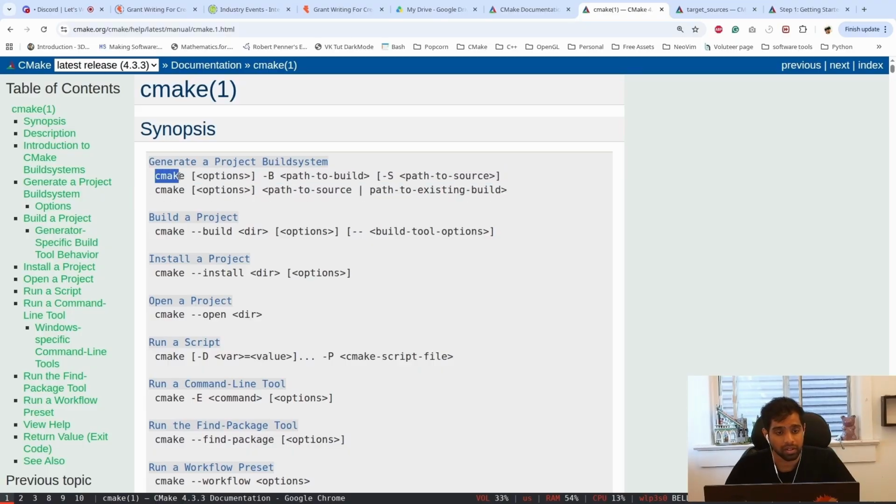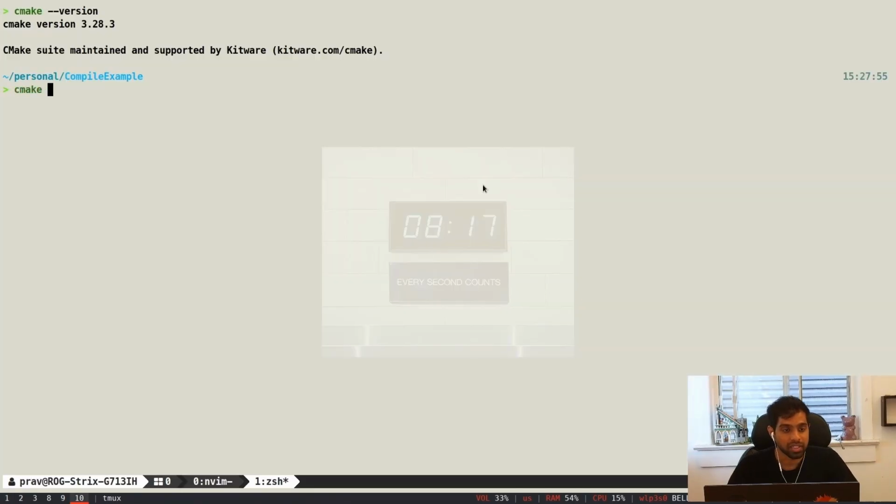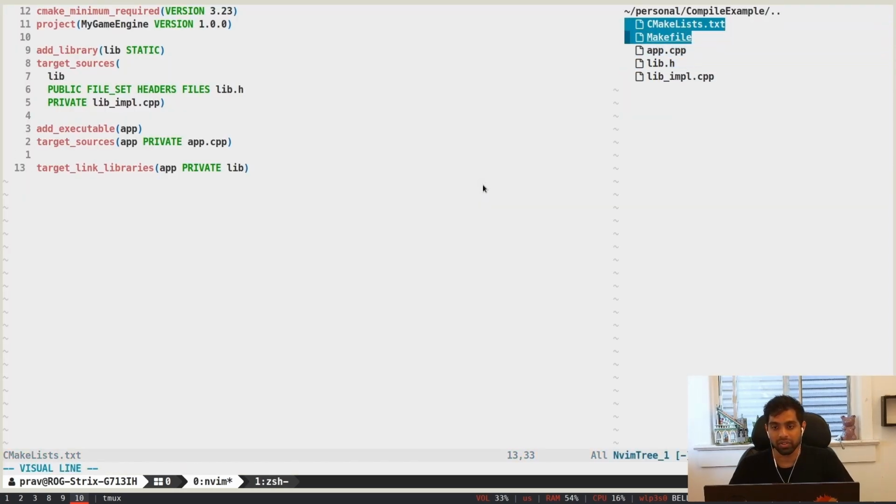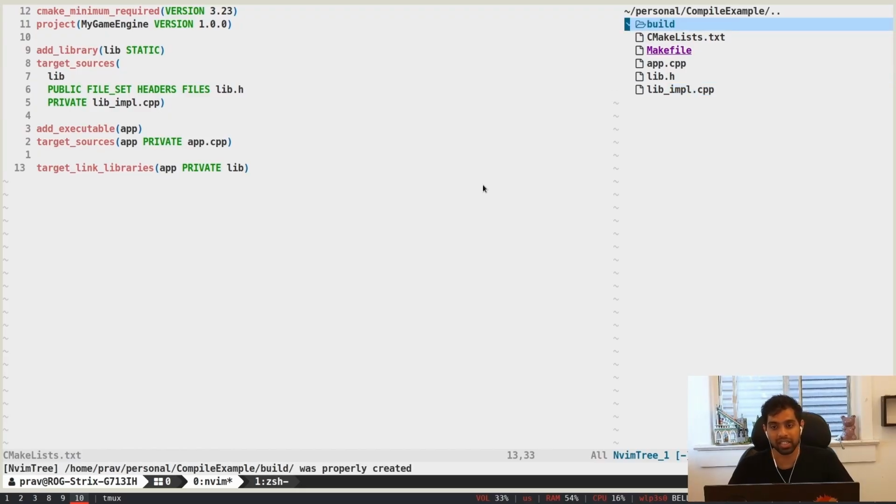And so like it says, CMake options and -B and a path to build, and -S a path to source. So that's what we're gonna do. We're gonna say cmake -B build. Actually, I'm not gonna build it in this folder, because it's too much. Normally the convention is to make a build folder like this